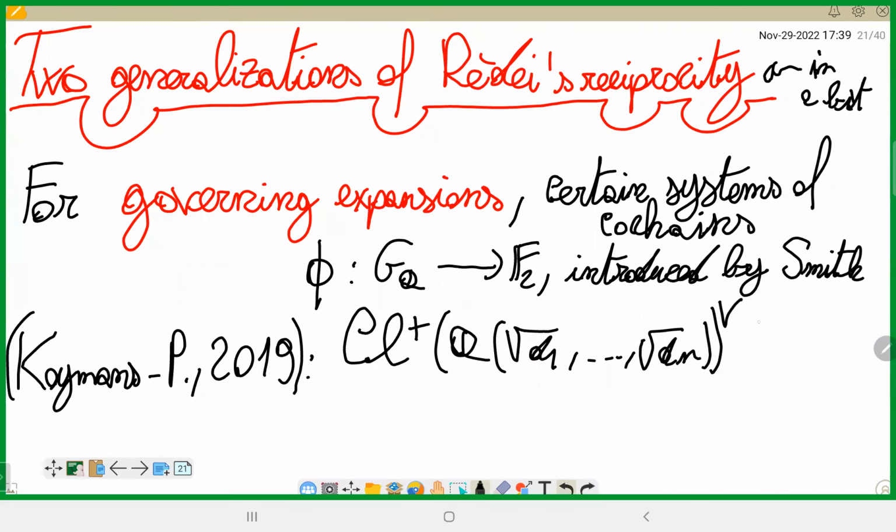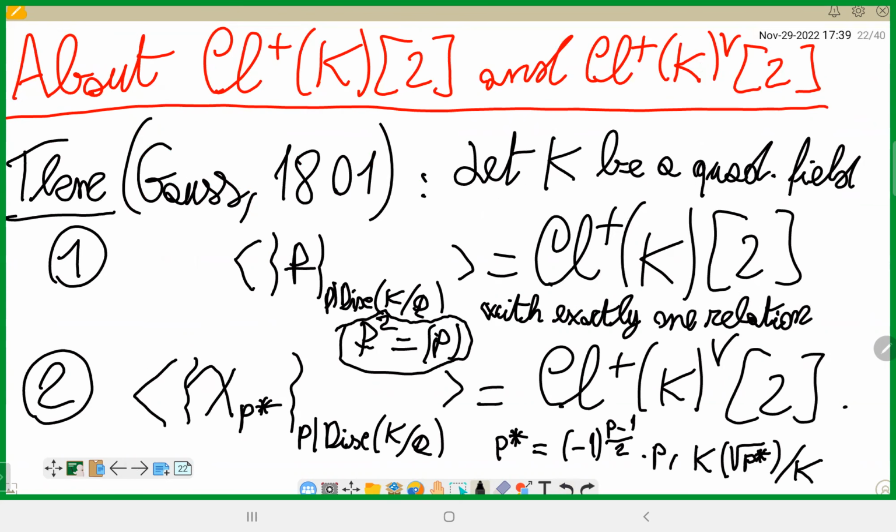They provide a way to describe the two-torsion of the dual narrow class group of a multi-quadratic field. I mention this now because this work was a generalization of a classical theorem of Gauss about the two-torsion of the class group of a quadratic field. This is a classical theorem of Gauss from Disquisitiones in 1801,